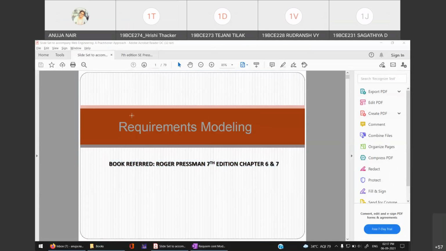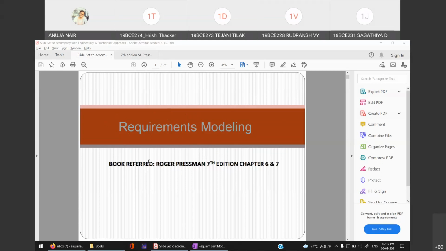So, we'll be starting our next chapter today, which is requirement modeling. Now, this chapter is basically useful for your practical purpose because we will be studying all the different kinds of system models in this chapter, which you have to use during your lab practicals, right? As of now, I feel that I should directly take it in the lab, but since one batch is not with me, that is why I'm teaching it here. Otherwise, all three batches are with me. But since one batch is not with me, I'm covering it in the class itself, right?